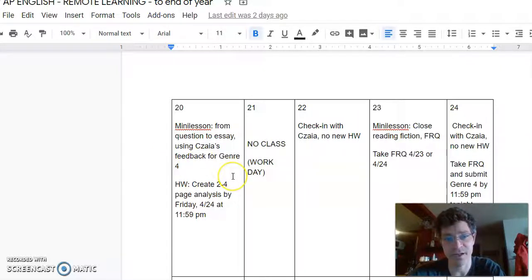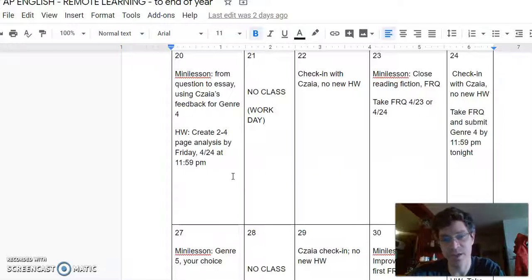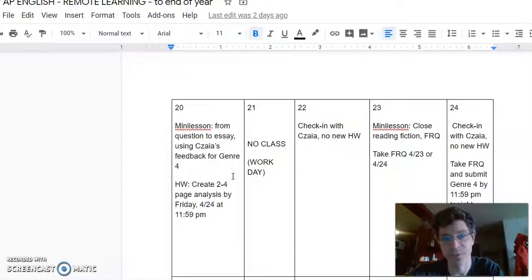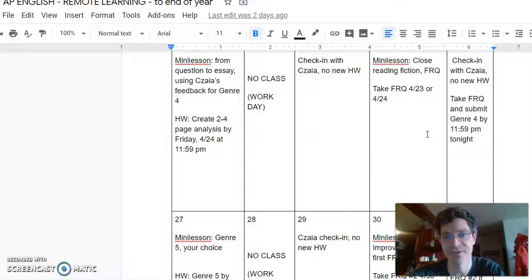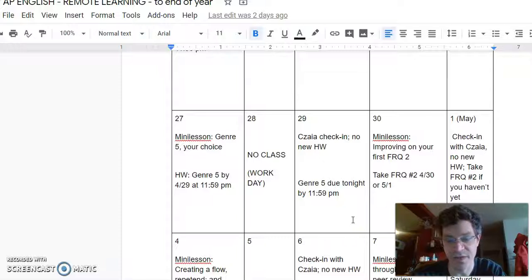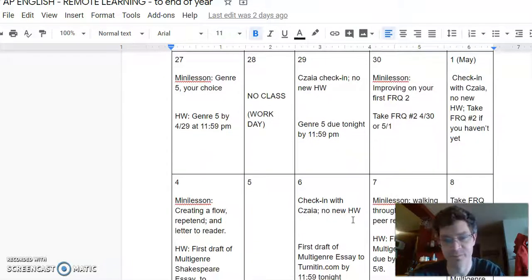So if you look at our calendar over the next 4 weeks, leading into that test, we will do 1 day of mini lesson on Shakespeare, and then 1 day on the FRQ, or free response question, particularly practicing prose fiction. So you'll have 3 opportunities to get lessons from me and get feedback on how you did on each of those tests. That will be on the AP Classroom College Board site, so that you can see how it's going to be on the actual test, and you can improve week to week.